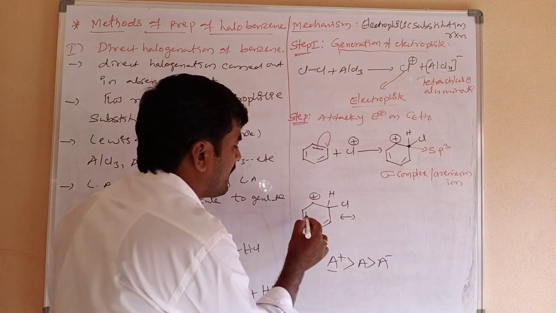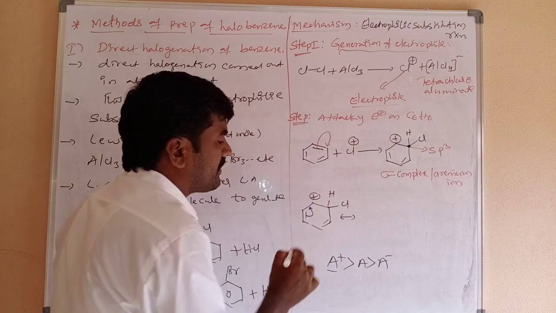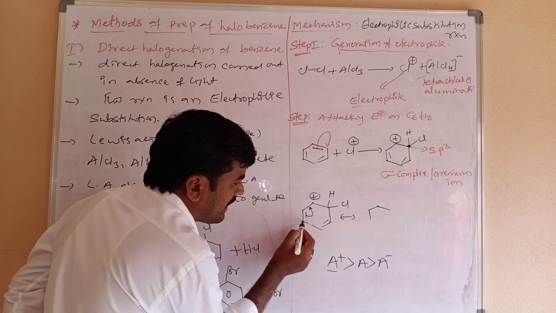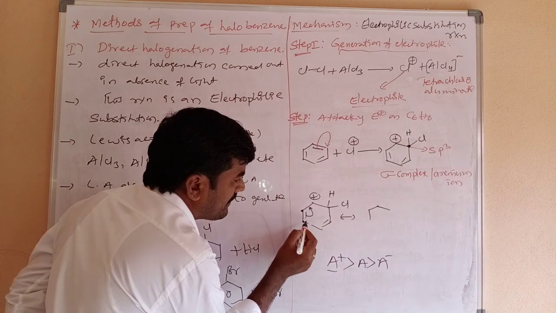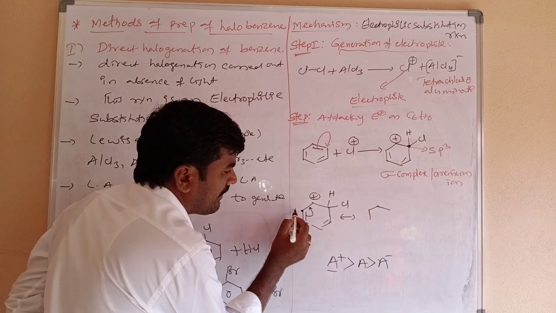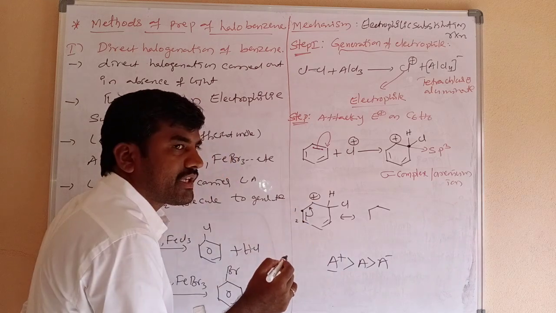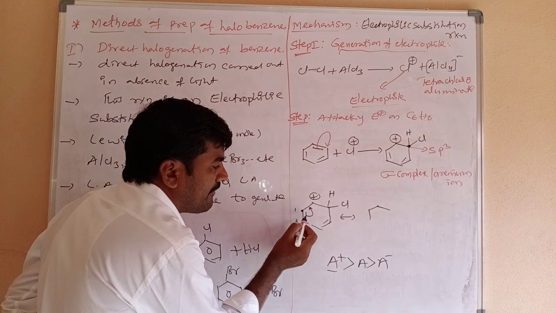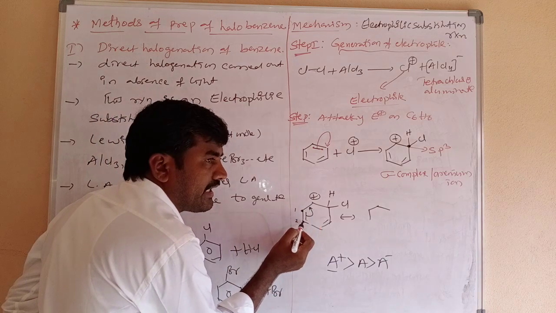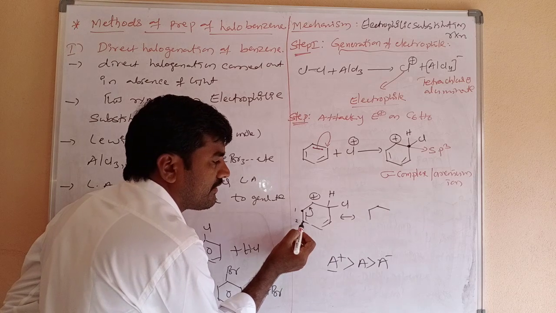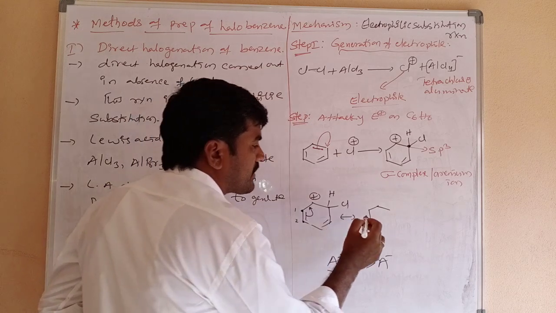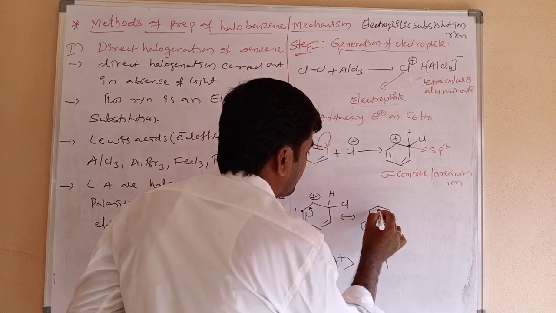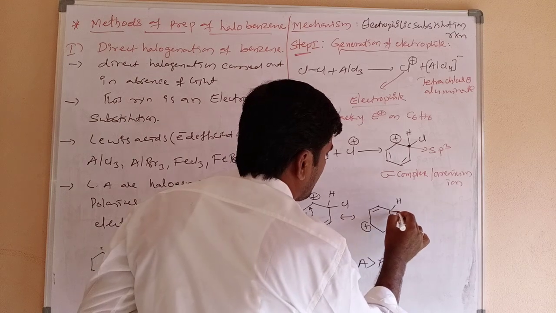So this pi bond shifts toward the positively charged carbon atom. Then what happened here? In this pi bond, both carbon atoms contribute one electron, for example carbons 1 and 2 each contribute one electron to the formation of the pi bond between them. When this pi bond shifted here, the second carbon loses its electron, so it has a positive charge. Positive charge, multiple bond, hydrogen and chlorine.